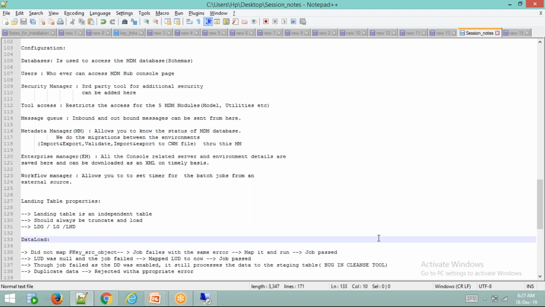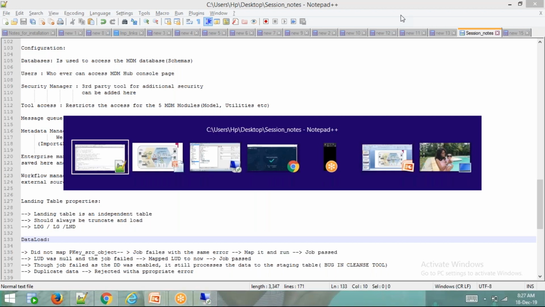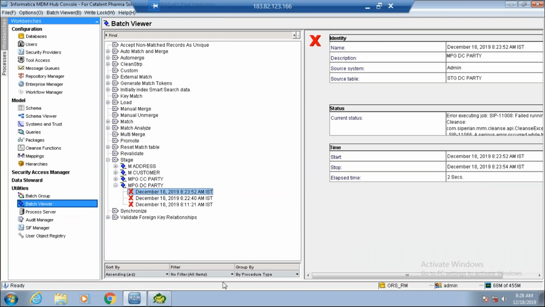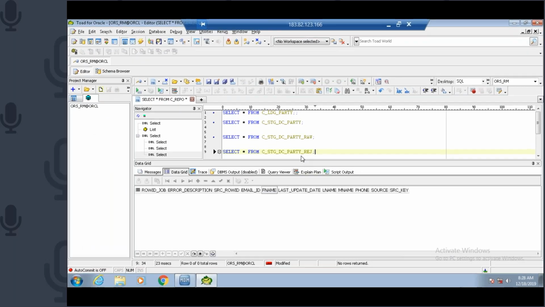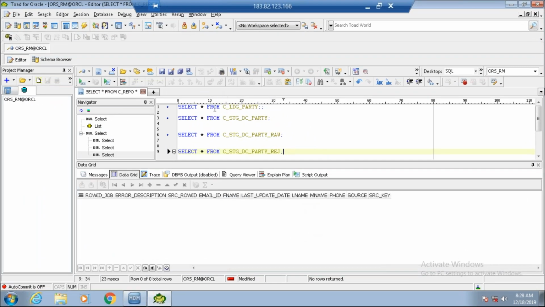Okay. Amulya, one thing, yesterday we discussed the landing tables, and you told us there should be truncate and load. How do we enable that? There is no enabling within MDM. It should come from the third party only. Before people load the data to landing, they should truncate it. But for our lab purposes, if we need to copy the data, make a copy of it and truncate it using a truncate script only. It is not done by default. It is always done from the third party tool. For practice purposes, you need to use a truncate statement only.